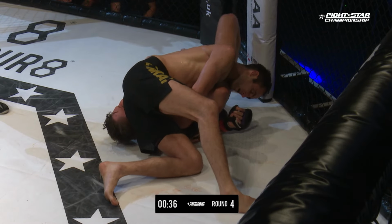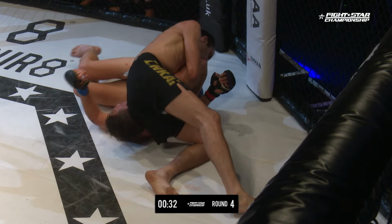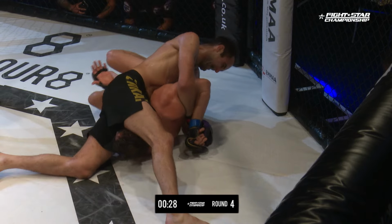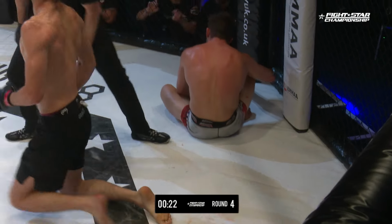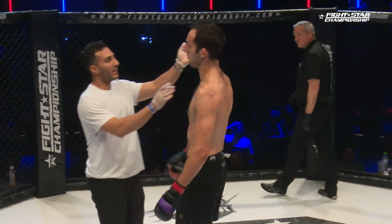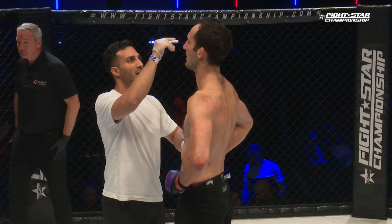I mean, he's not holding the wrist. Yeah, if he can adjust and hold the wrist, he's going to have lots of time. And traditionally, we see this position here is better for the Kimura. There we go. Now see, he's starting to hold the wrist, and there it goes. This is why I'm like, he doesn't have the wrist. I don't understand. Well, Jonas Grace submits his way to an amateur welterweight title here in London with a very